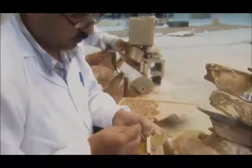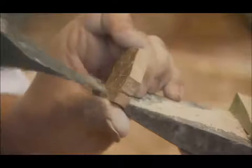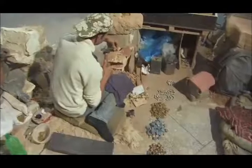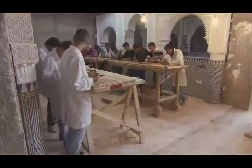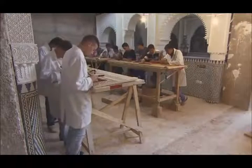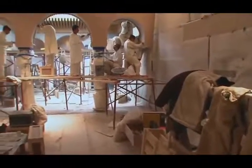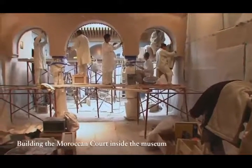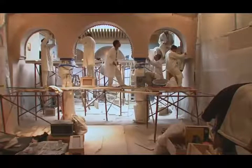We were working in Morocco for almost 6 months, in which we fabricated all the loose tiles for the zillige. The wood was carved in Morocco out of cedar from the Atlas Mountains. For us, we were transported back to the year 1300. It was clear to my team that we had to use only the elements and the tools that had been